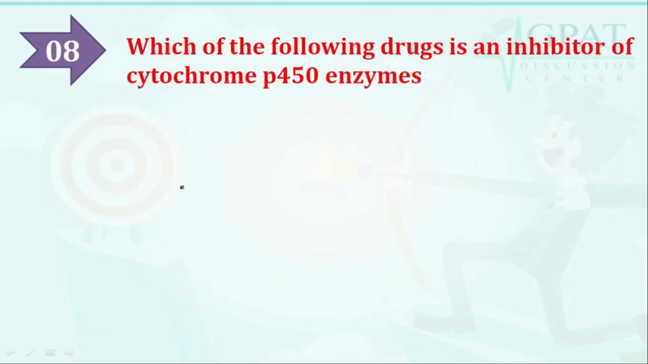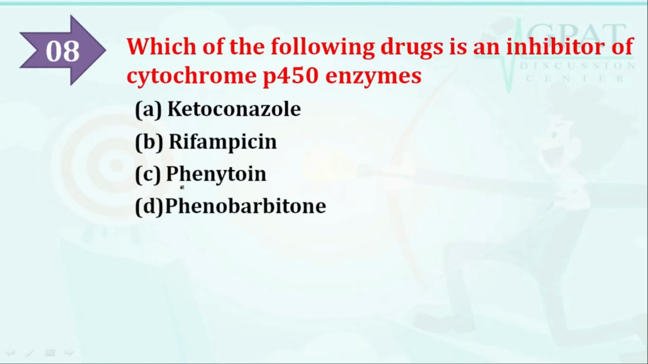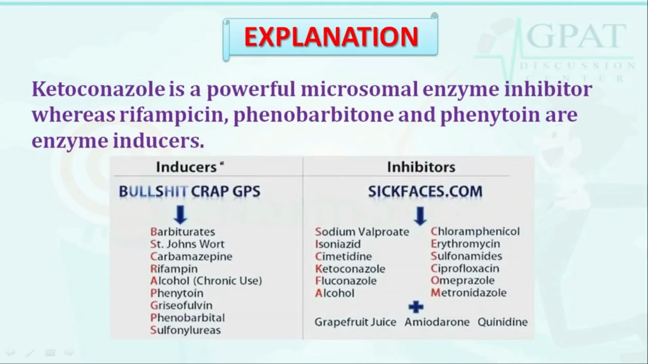Next question is, which of the following drugs is an inhibitor of cytochrome P450 enzymes? The options are, option A, ketoconazole, option B, rifampicin, option C, phenytoin, option D, phenobarbital. So which of the following drugs is an inhibitor of the cytochrome P450 enzymes? The correct answer is ketoconazole. Ketoconazole is an inhibitor of cytochrome P450 enzyme. Let's discuss with the help of explanation that ketoconazole is a powerful microsomal enzyme inhibitor, whereas rifampicin, phenobarbital, and